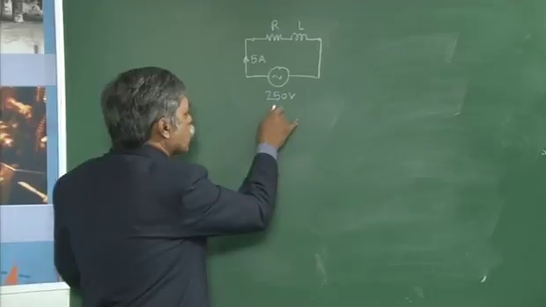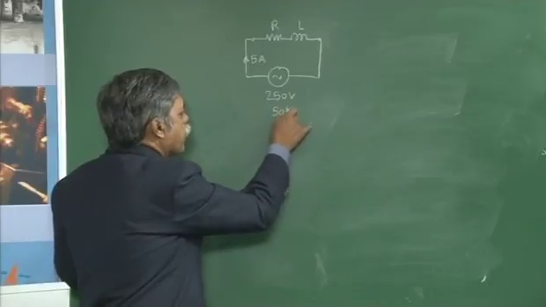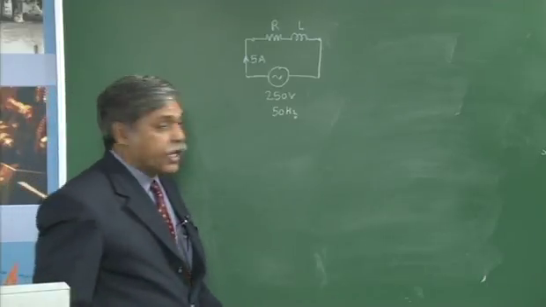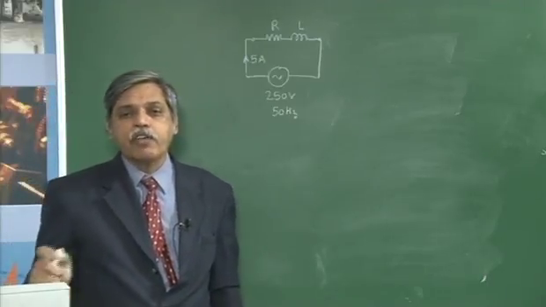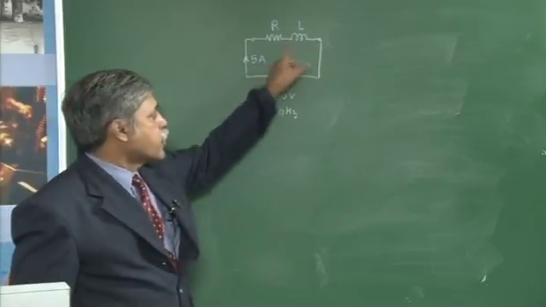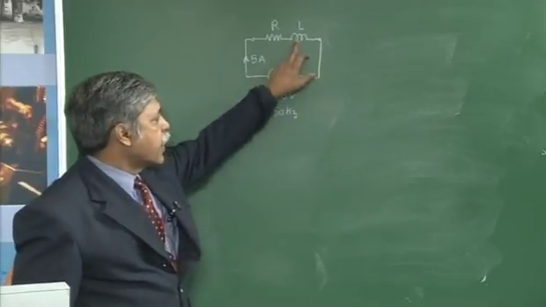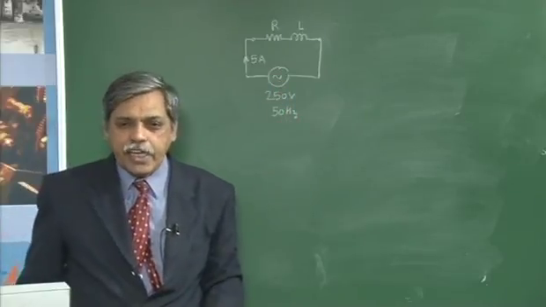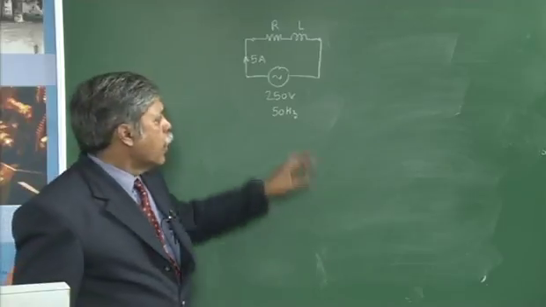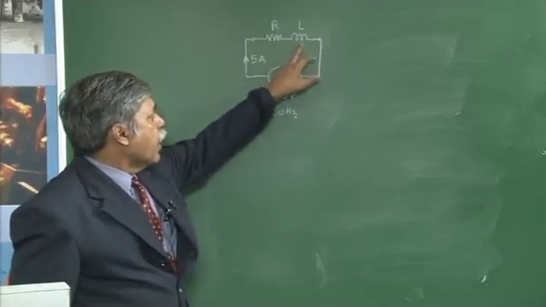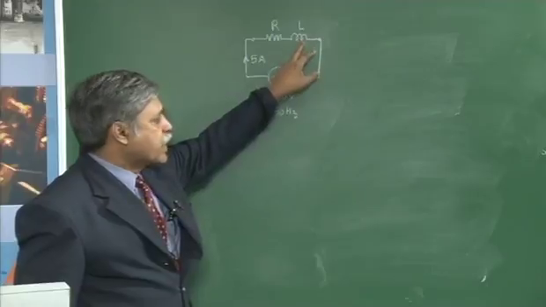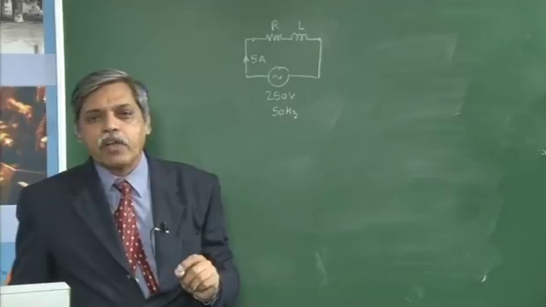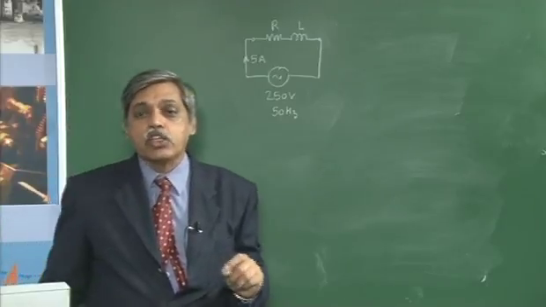The voltage source has a frequency of 50 hertz, and the coil is dissipating a power of 750 watts. Out of this combination, when this inductance is connected to a supply of frequency 50 hertz, I will be getting an inductive reactance. Now, while studying the behavior of an inductor in AC circuits, we have derived that the average power consumed by a pure inductor is 0.